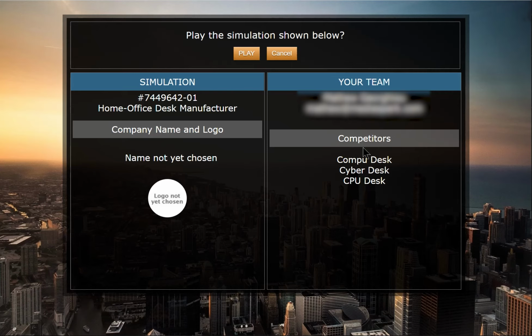We can also see the competitors. The competitors are usually other classmates that we're competing with in the same simulation competition. We'd all be running the same type of business, but competing for the same customers. Our competitors will appear as they begin to join the simulation competition. Once they join the first time, they will always appear here. But keep in mind, if this is the first time you're playing, not everyone may have joined at the same time, so some new competitors may appear a little bit later. Let's click play to continue.